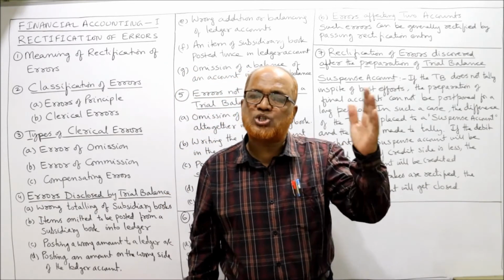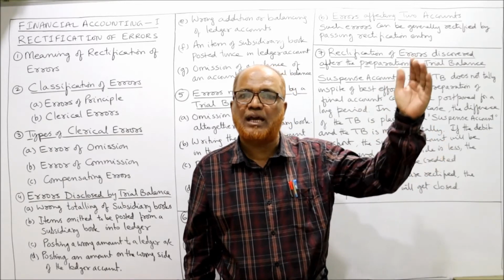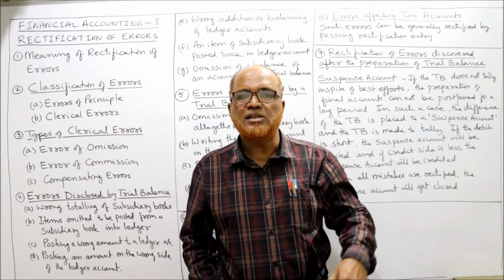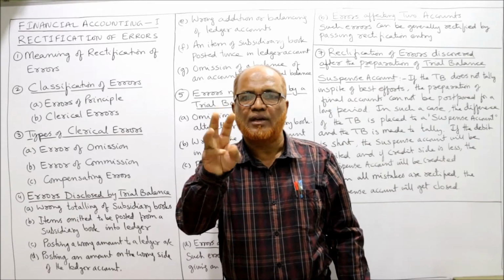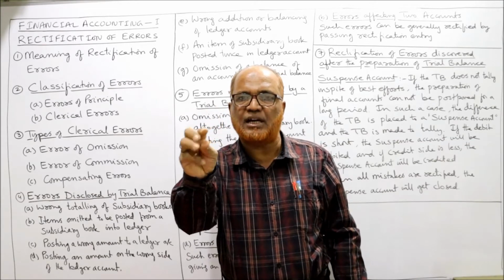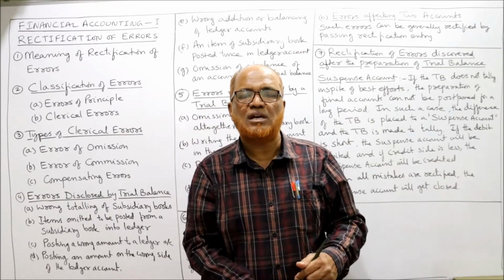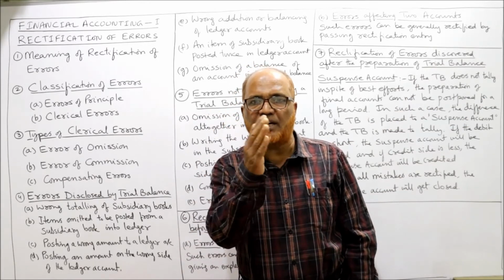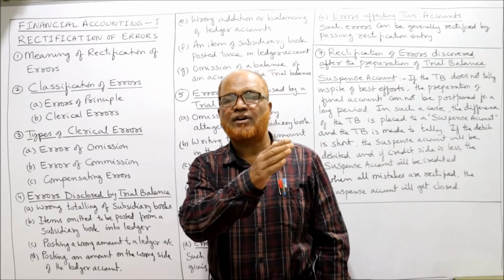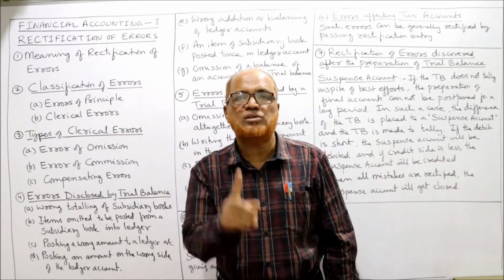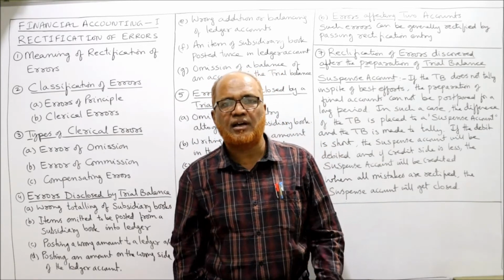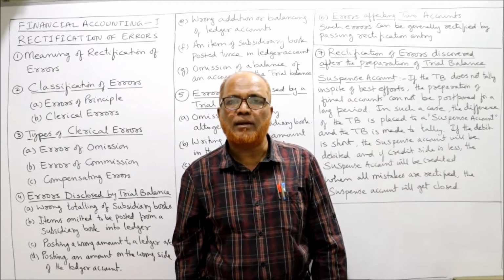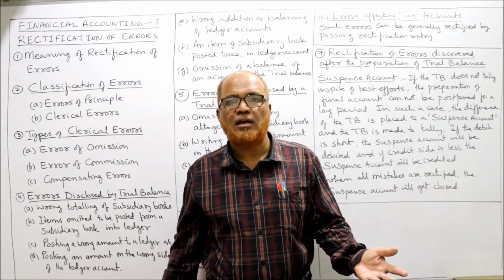While making the posting to suppliers' accounts A, B, C, D, E, instead of 3000, C's account should have been credited by 3000, but by mistake we have taken 30,000. Instead of 3000 credited in C's account, we have credited C's account by 30,000, 10 times by mistake we have added. So what will happen? Your trial balance will not agree.